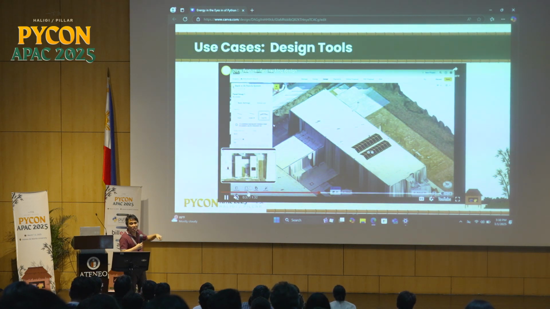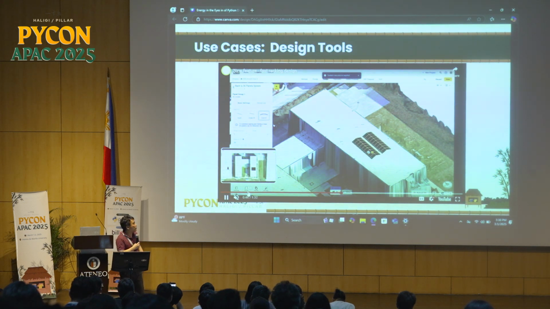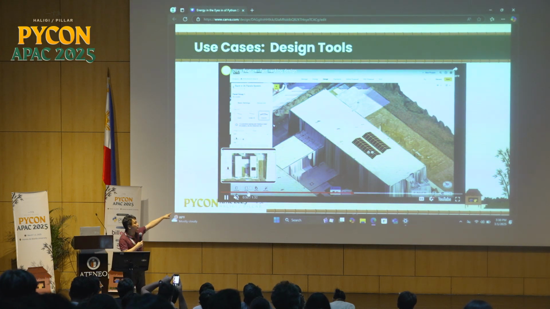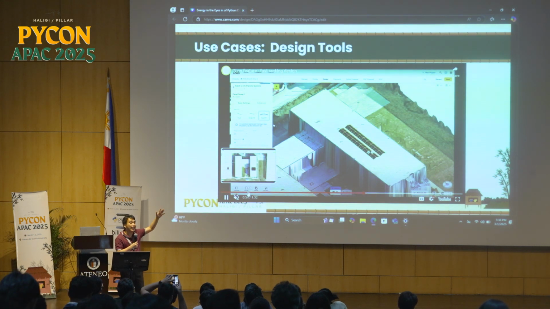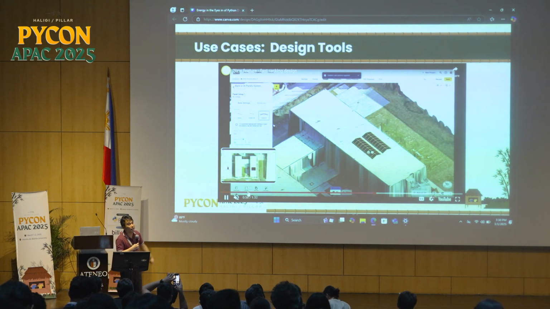The tech stack for this is just Django, and it's doing all of this number crunching behind the scenes. Because before you can place a solar panel, you need to understand how high the building is, what the slope is, what the azimuth is, all of these. And everything is powered by Python behind the scenes.